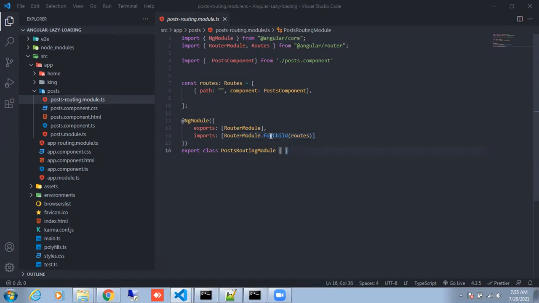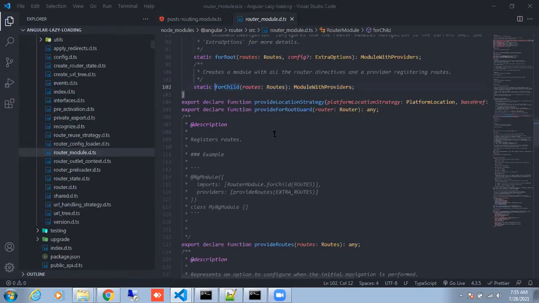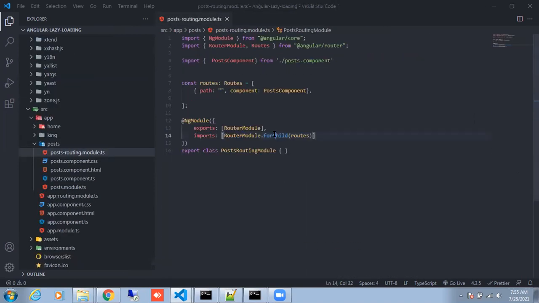Take the cursor on forChild. Select this line, router module dot forChild. This is where it holds the routes inside.